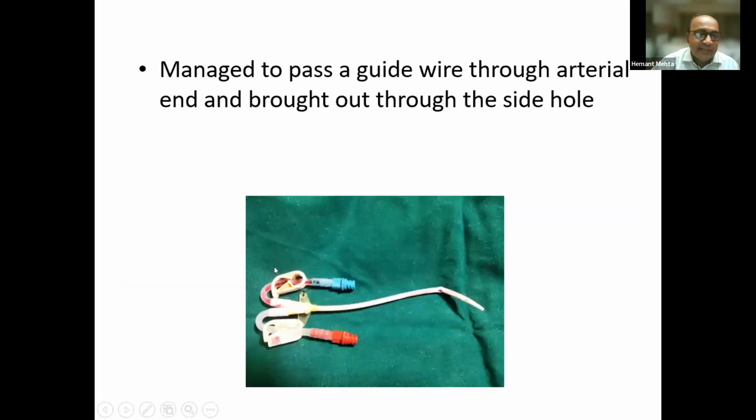So then luckily I could put it. I realized immediately what had happened. So I put a wire from here, and luckily it could come out from one of the side ends, and we could remove this catheter. So when we removed this catheter,